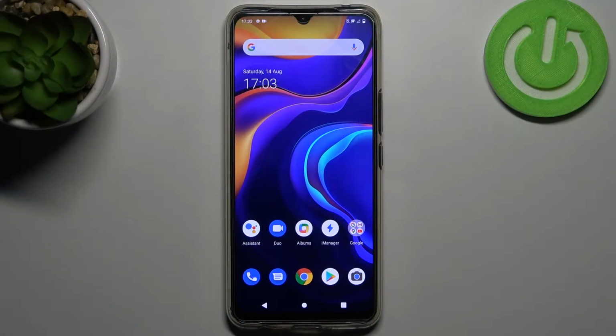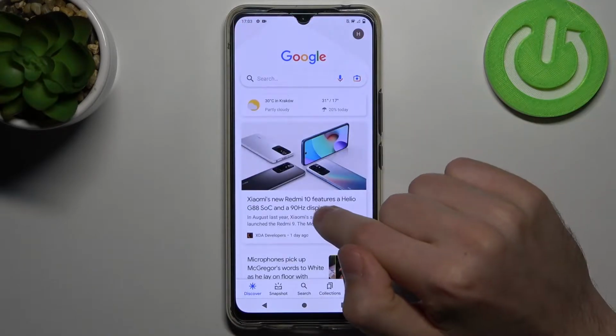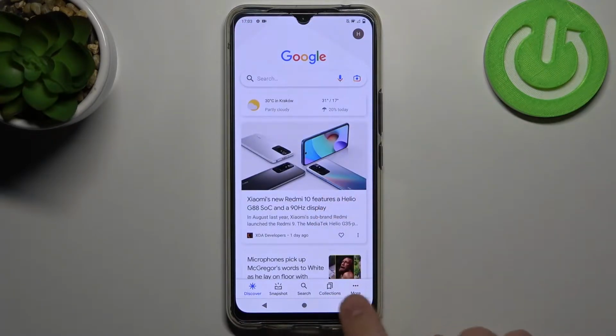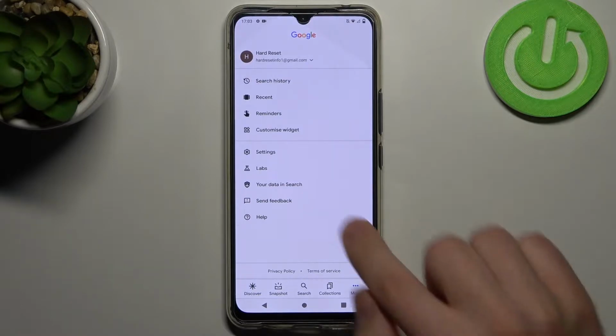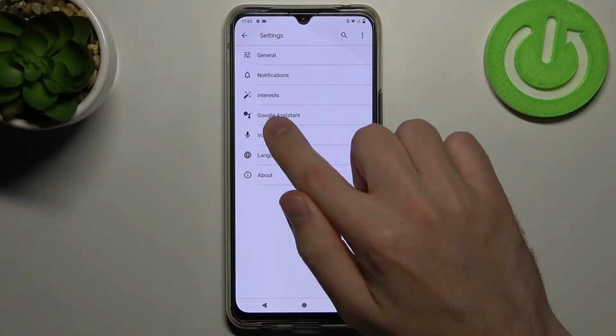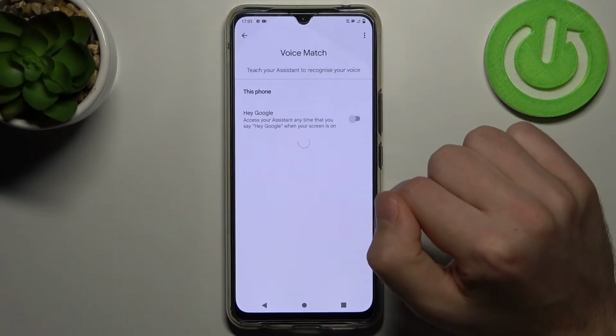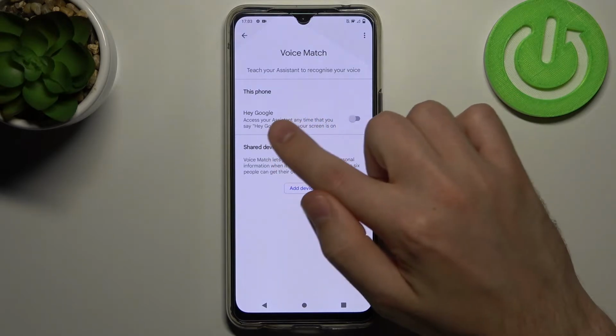Hi, if you want to activate the Hey Google option on your Vivo V20 SE, first open the Google application, this one, and next go into the More option at the bottom and go into Settings. Then choose Voice, and here we've got Voice Match, so click it, and here we've got the Hey Google option